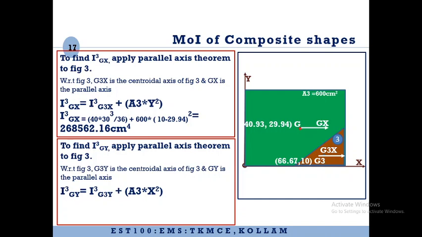So these are the steps involved. Here also you can see that we are calculating the distance between two y-axis, which is nothing but the difference of the x-coordinates of G and G3. So you can see here, difference of the x-coordinates of G and G3. So these values you can take directly from the table that you have already prepared for centroids. Similarly, area can be taken from the table which you have already prepared for the area of the various shapes.